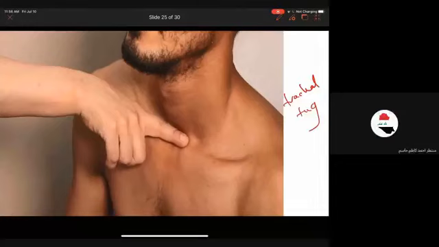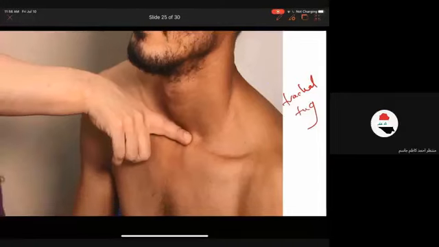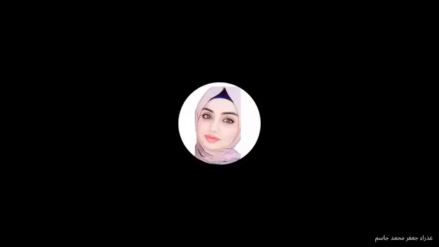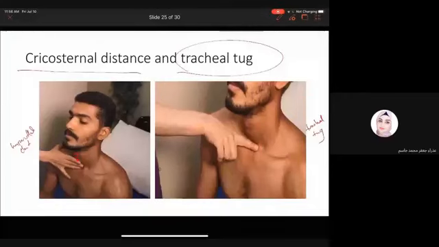فها هي هاي التركيال تاج. واضح شباب؟ شباب هسه عرفنا هذا اي دكتور واضح. الثايرويد اكزام، التريكيال اكزامينيشن. فعندنا هسه تريكيال بوزيشن، عندنا كريكوستيرنال ديستانس، وعندنا تريكيال تاج. اوكي شباب،